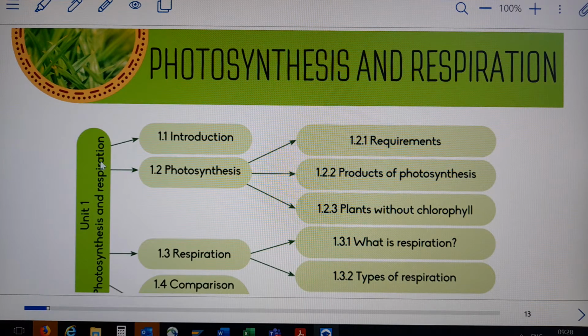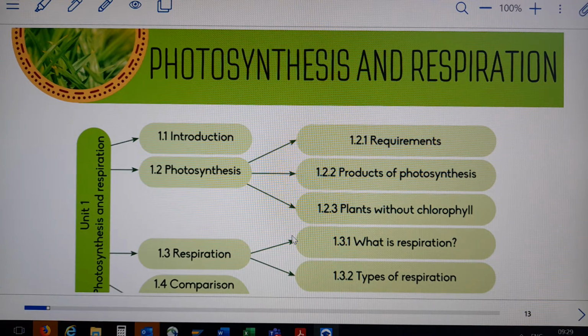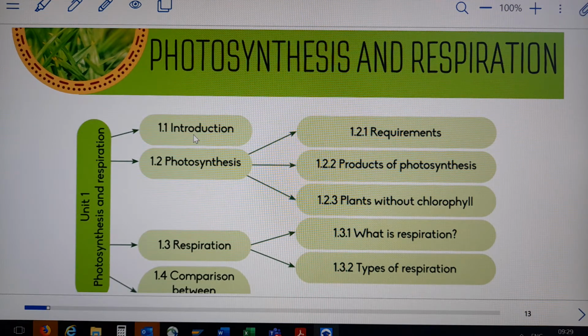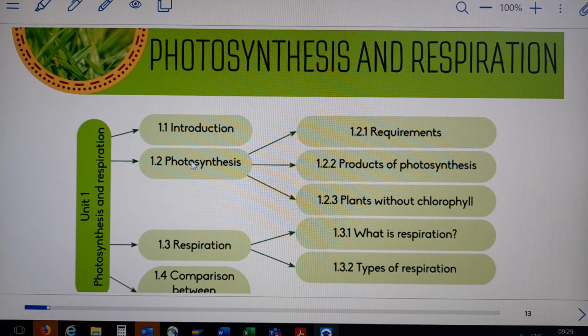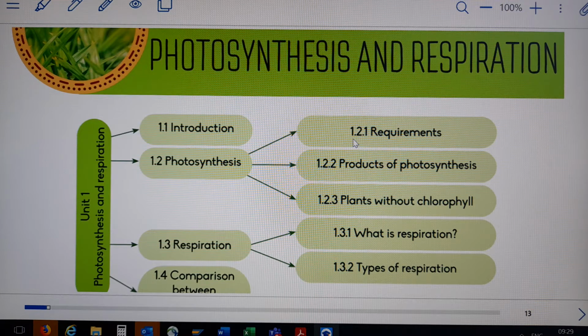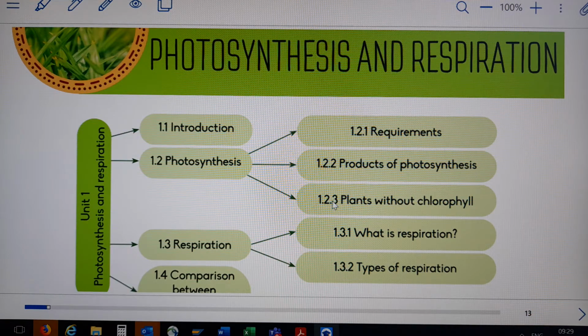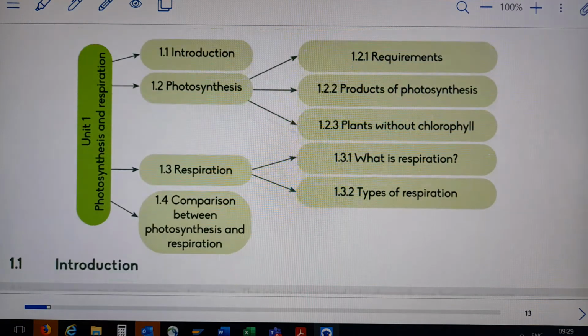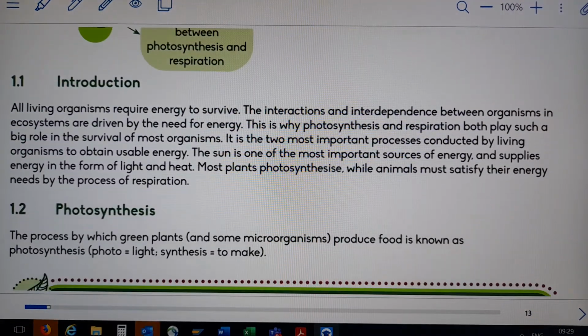Okay, so our first unit is photosynthesis and respiration. And unit 1 is going to be divided again into smaller subunits. So we are going to start with the introduction and we are going to go straight to photosynthesis. Okay, and that will take us to 1.21, 1.22, 1.23. Okay, let's go for it. Let's get our introduction. They say